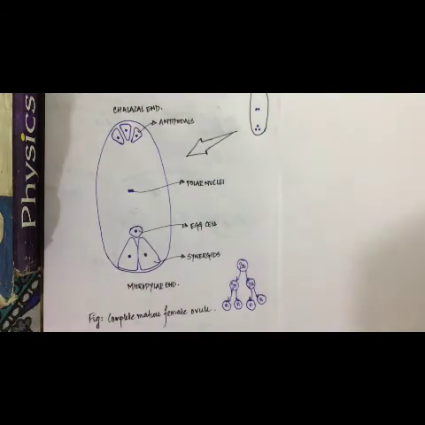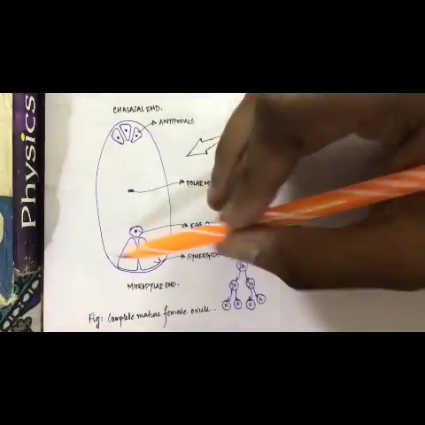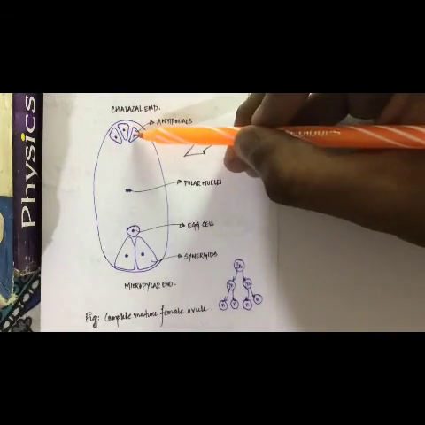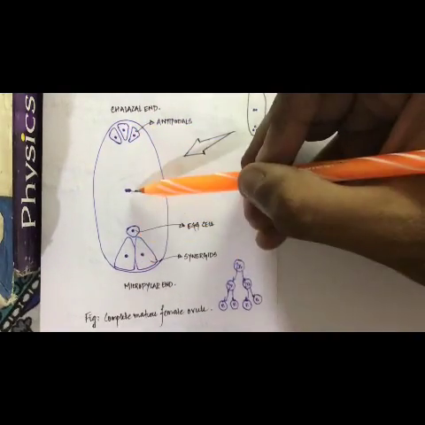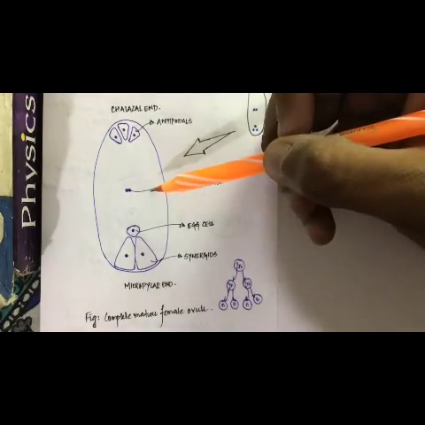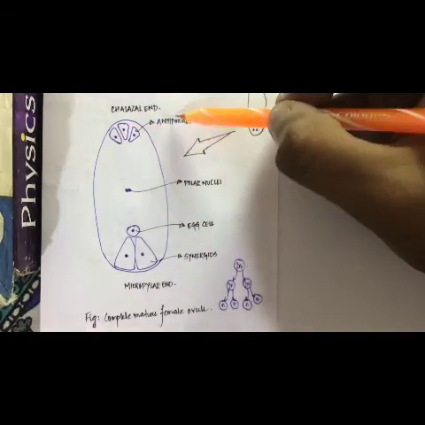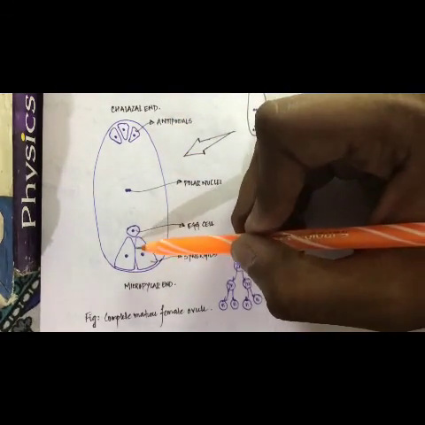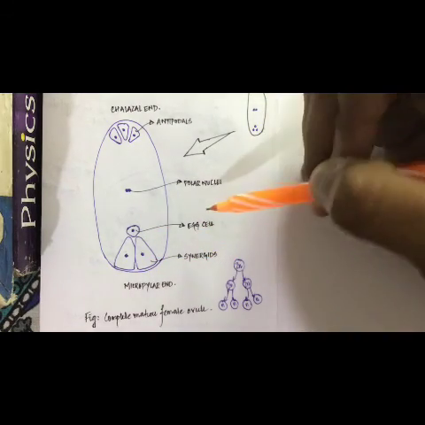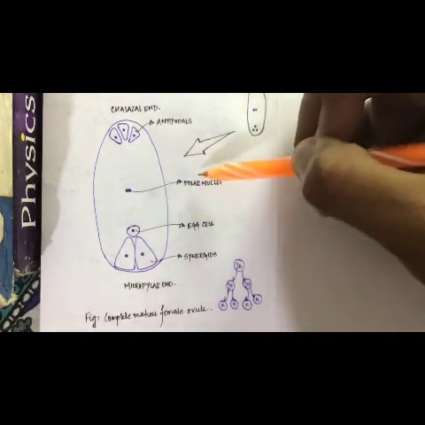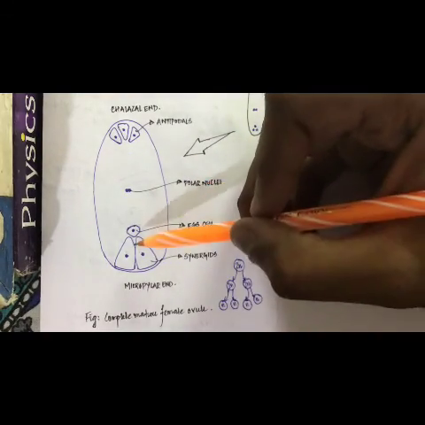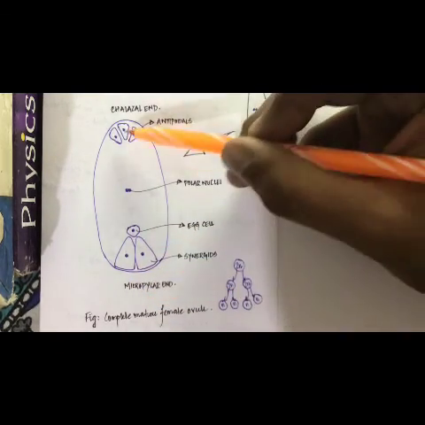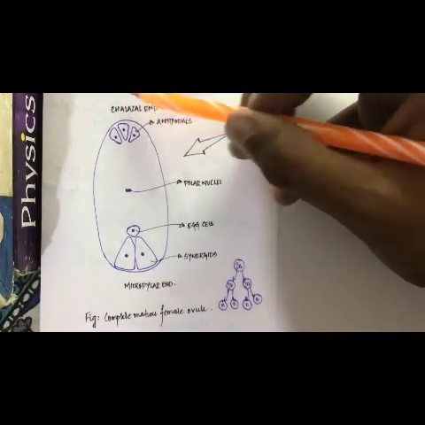You can see this complete diagram of a complete female ovule. In this complete female ovule, we have a big cell. Inside this big cell, we have 3 cells at this end, 3 cells at this end, and we have 2 nuclei at the center. These 3 cells are called antipodal cells or simply antipodals. Of the 3 cells at the bottom, 2 are called synergids and 1 is an egg cell. And the 2 nuclei at the center are called polar nuclei. So 2 synergids and 1 egg cell are found where? In the micropylar end. And 3 antipodals are found where? In the chalazal end.